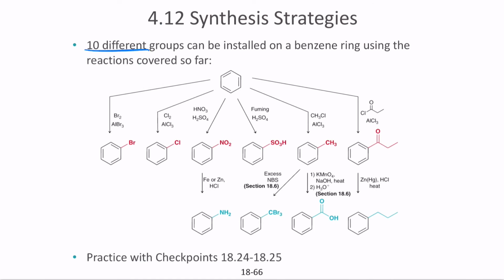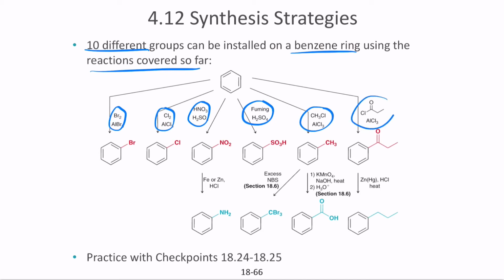So these are the 10 different groups that can be installed on a benzene ring using the reactions that we have covered so far. First one is bromine. You can use bromination. Chlorine, using chlorination. Nitration. Sulfonation. You can add Friedel-Crafts alkylation, acylation,